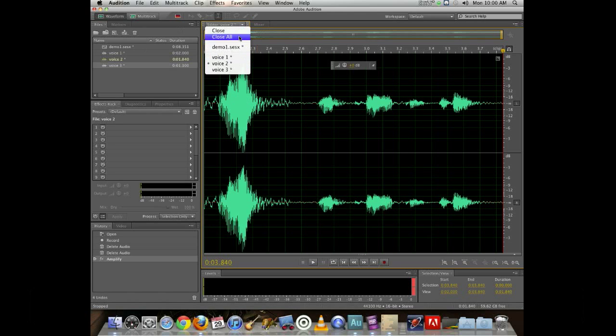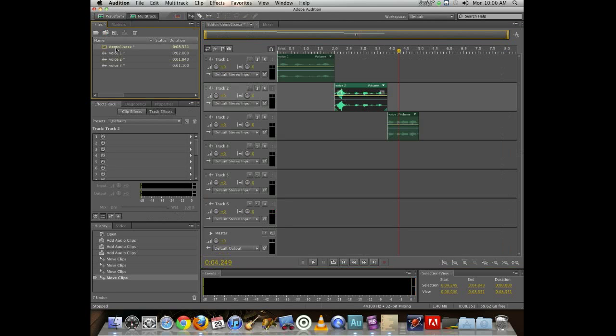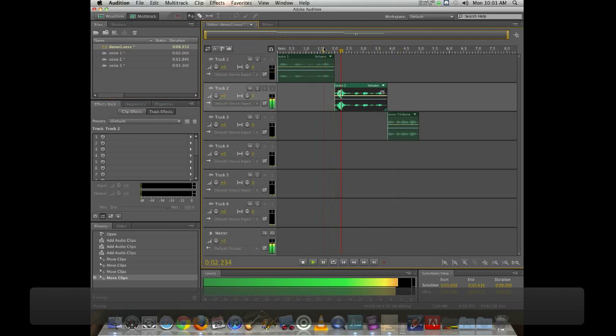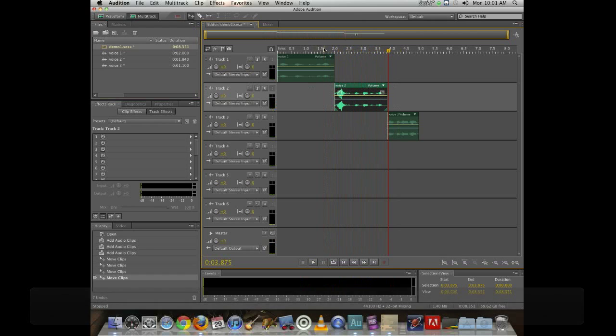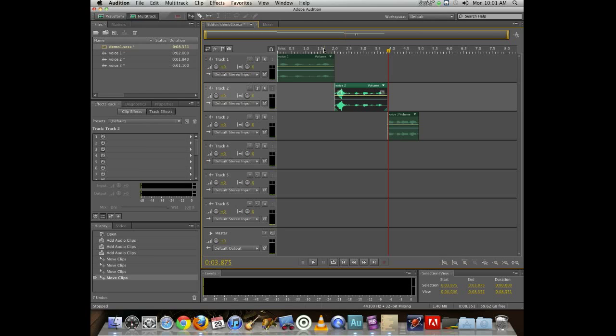And I can click up here to get back to my session, or I can double click on it in the file browser and it brings it back. And you can see it's now updated the visual of the waveform, and it's showing it with the increased yo. Okay, so basic editing is going to involve trimming and maybe making something a little bit louder or a little bit softer, and that's going to be the bulk of the work that you're going to need to do